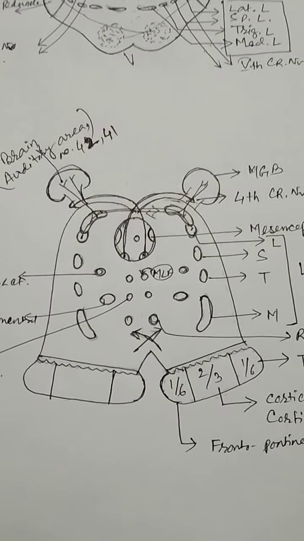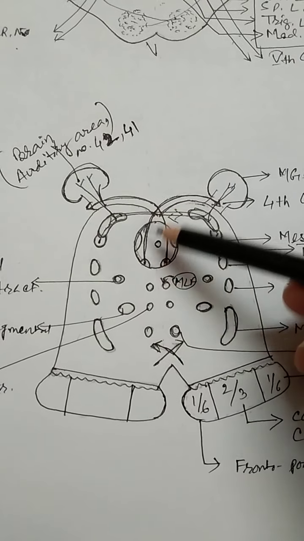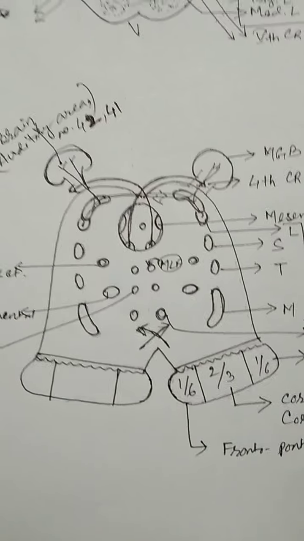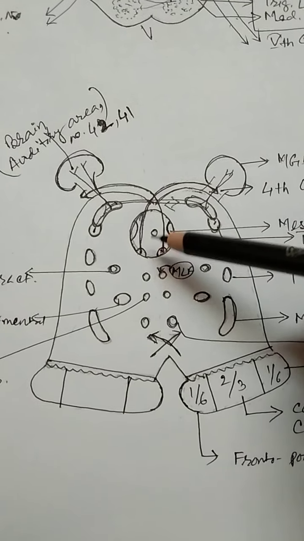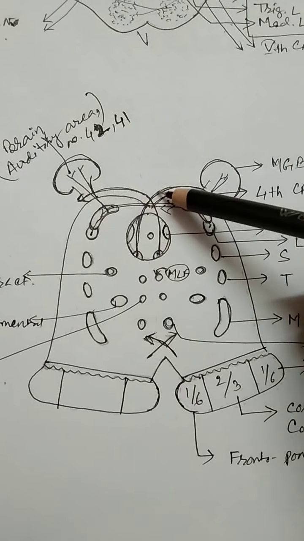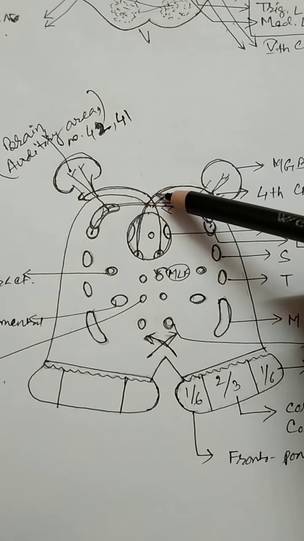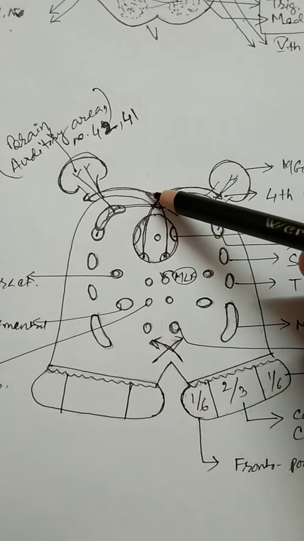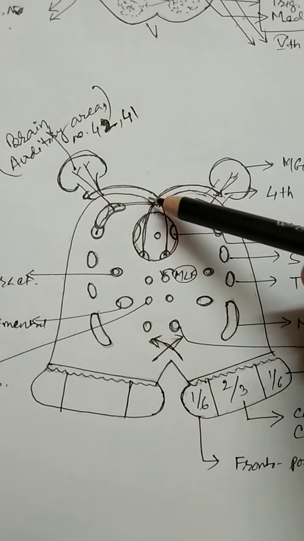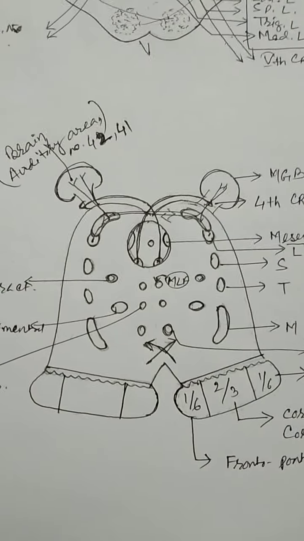From these trochlear nuclei the fourth cranial nerve takes origin. Here are the characteristic features of the fourth cranial nerve. It is the only cranial nerve that, after taking origin from the nucleus, goes dorsally, whereas all the other nerves go ventrally. Not only that, the trochlear nerves decussate with each other, crossing the midline and going to the opposite side. This is the characteristic feature of the trochlear nerve, and this is its beginning. You should remember this.